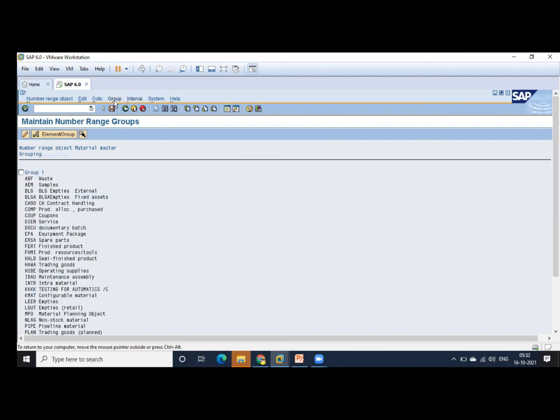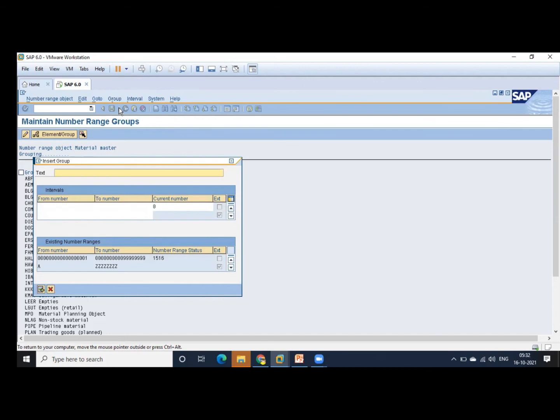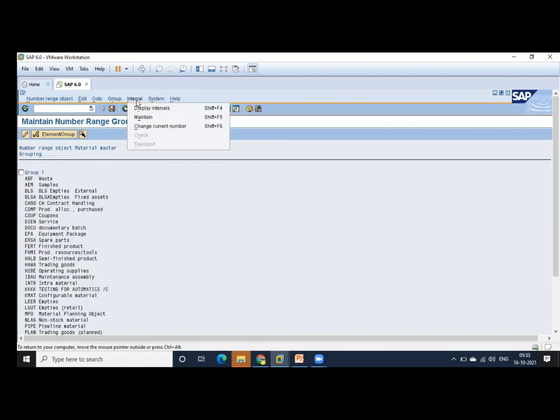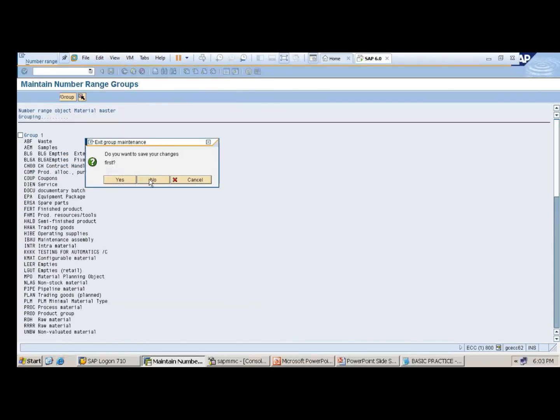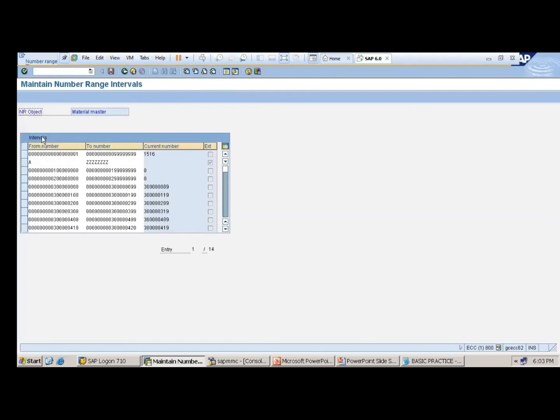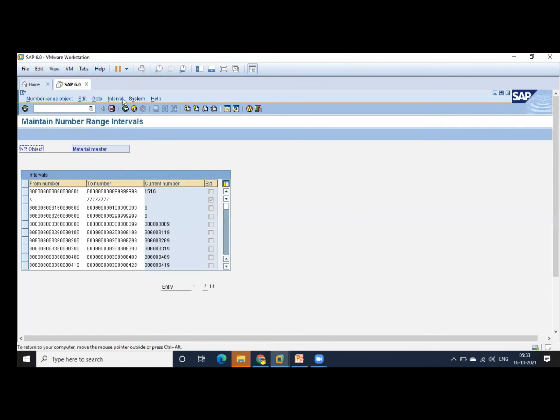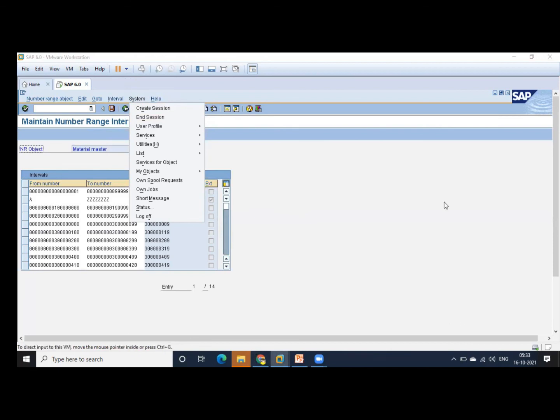So groups, insert, intervals. Third option, sorry, intervals. One second.